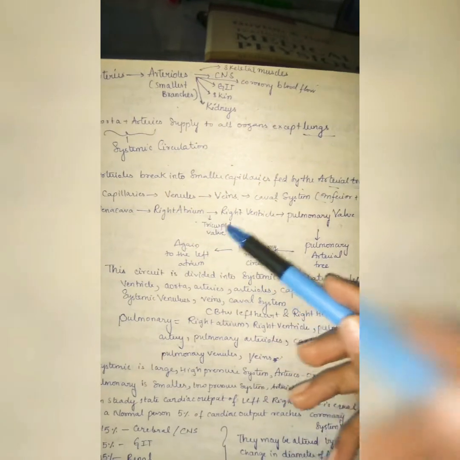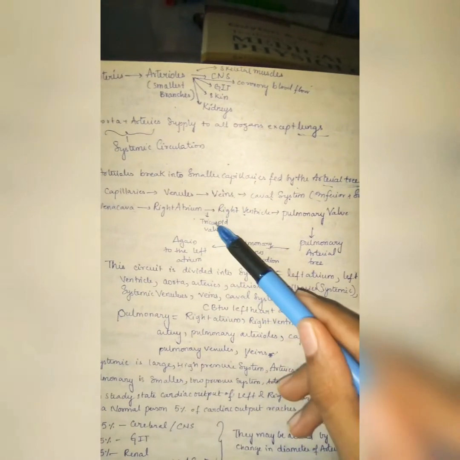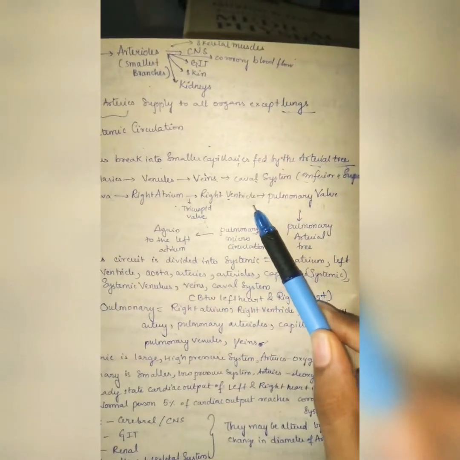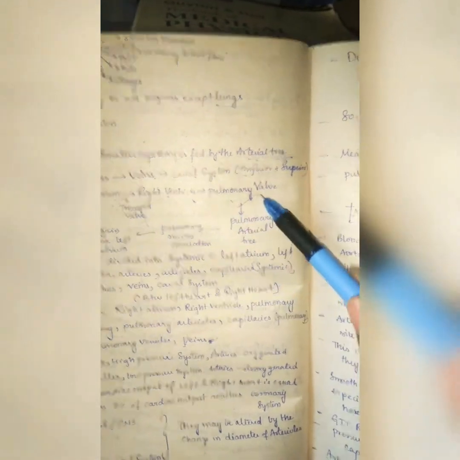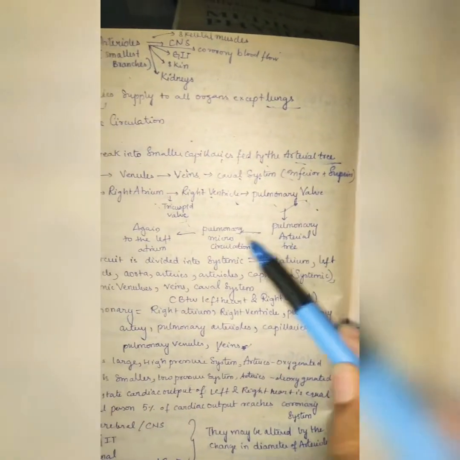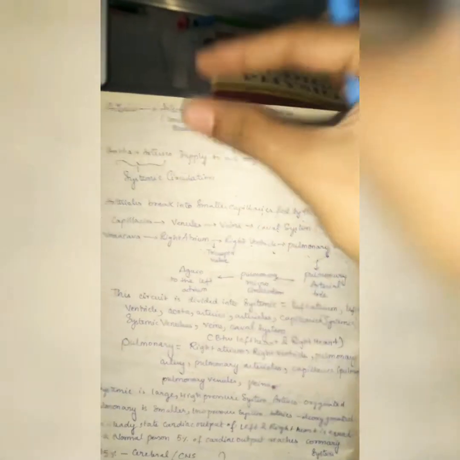From the right atrium, we have a tricuspid valve there. From the right atrium into the right ventricle we need the tricuspid valve to open, and from the right ventricle finally it enters the pulmonary circulation. Again we have the pulmonary valve there, and the pulmonary arterial tree, into the pulmonary microcirculation, again to the left atrium. This part is the pulmonary circulation, and the part before is the systemic circulation. That's why we say in humans we have a double, closed circulatory system. This is how the process of blood transfer is going on in our body.